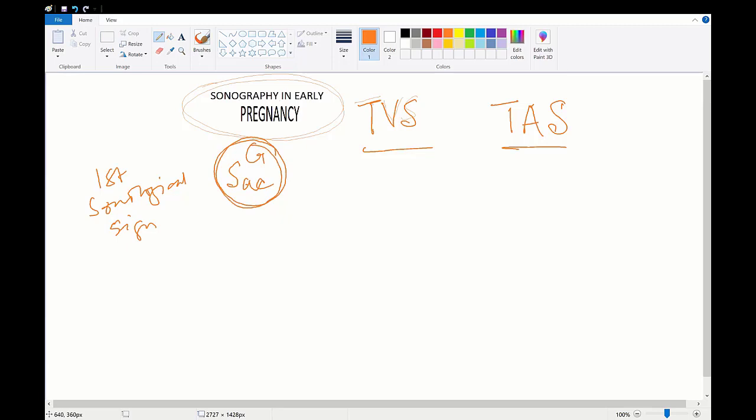small anechoic fluid collection within the endometrial cavity. Like, suppose this is the endometrial cavity and here is a small anechogenic collection of fluid, and this is called a gestational sac or a GSAC, which is typically appreciated in a TVS by 4th to 5th weeks of gestation. And after about a few days, like mid of fifth week,